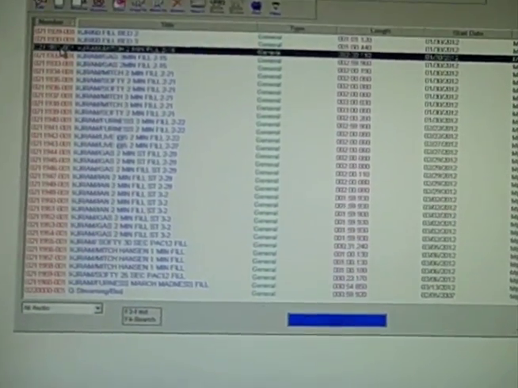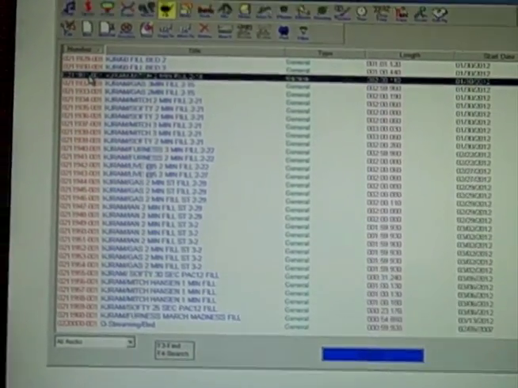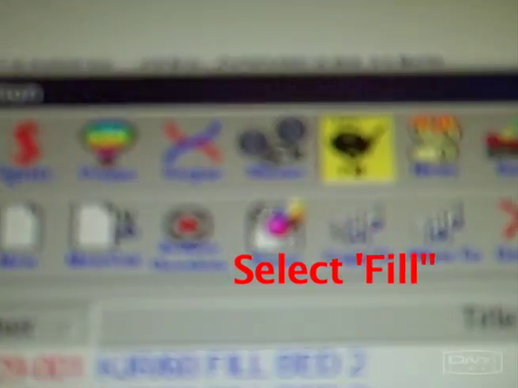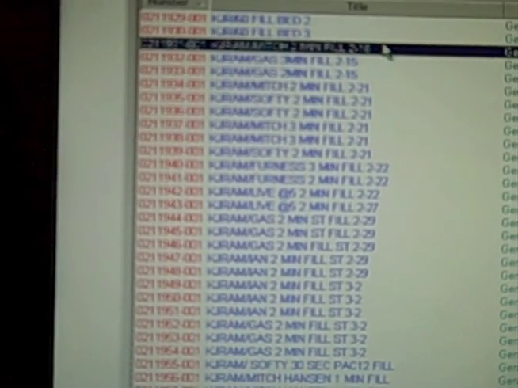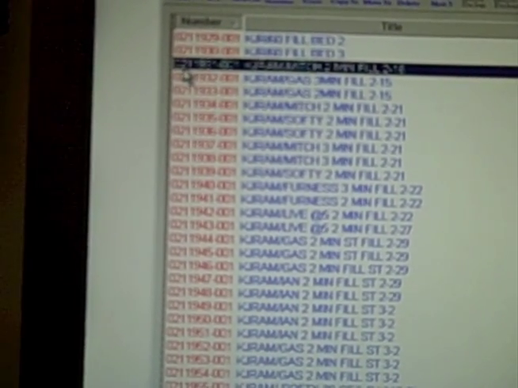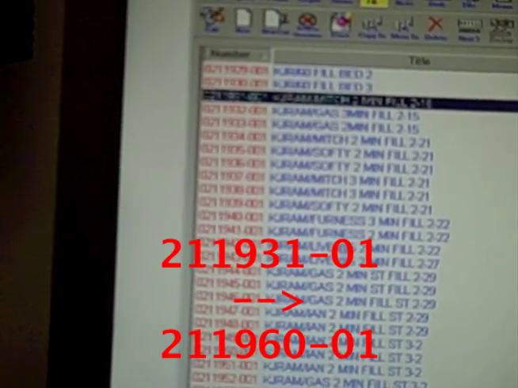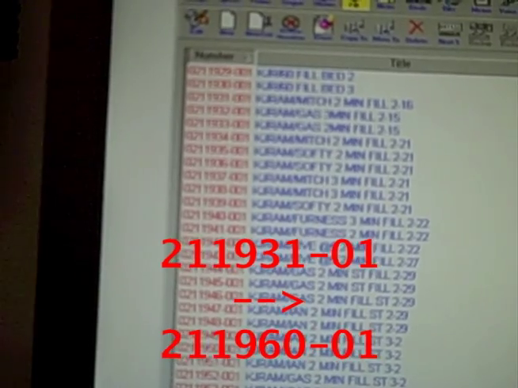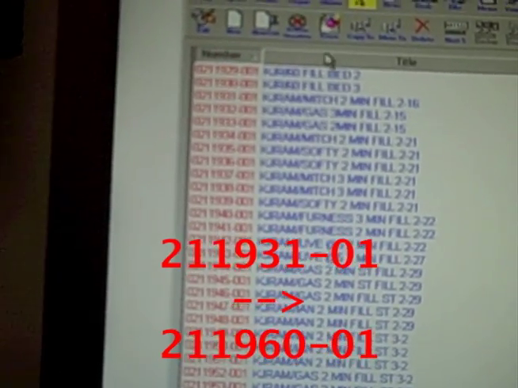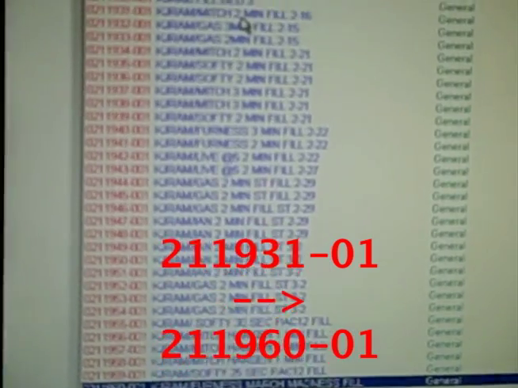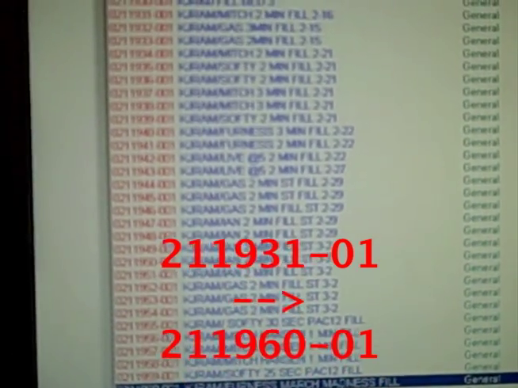Now, to record our fill from the WebPC back onto the next-gen program. Going into next-gen, select up at the top the category Fills. Once you're in Fills, I have all of our Sports Radio KJR fills listed from cut number 211931 all the way till 211960. There's currently about 30 of them in here, and for each one we want to make it go consecutively